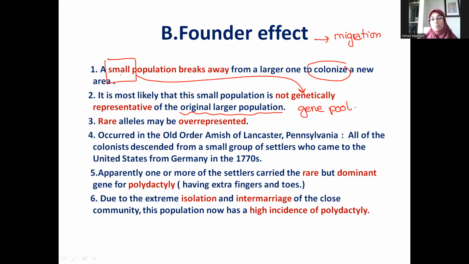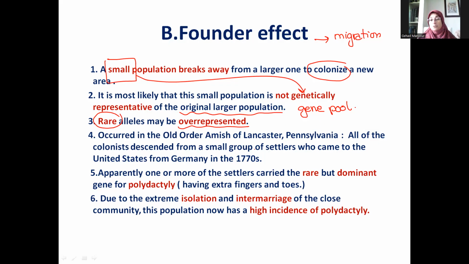So here, in that small population that broke away, you will not find all the alleles that belong to the original genetic pool. And therefore, there could be some rare alleles that might be overrepresented. Rare alleles should stay rare, but it happened that this small population that broke from the original population and migrated to other areas, like, for example, the famous example of the Old Order Amish of Lancaster in Pennsylvania, where